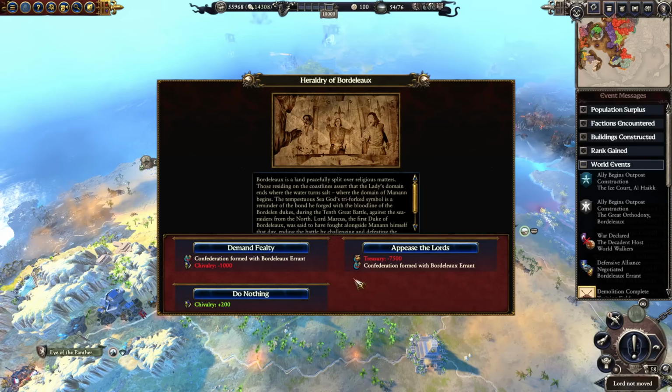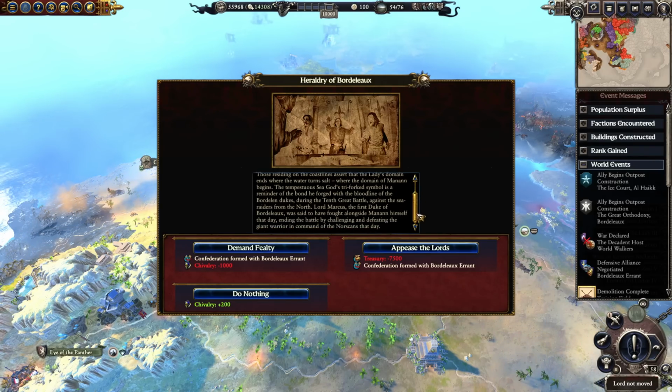Bordeleux is a land peacefully split over religious matters. Those residing on the coastlines assert that the lady's domain ends where the water turns salt, where the domain of Manan begins. The tempestuous sea god's triforked symbol is a reminder of the bond he forged with the bloodline of Bordelais dukes during the 10th Great Battle against the Sea Raiders from the north. Lord Marcus, the first Duke of Bordeleux, was said to have fought alongside Manan himself that day, ending the battle